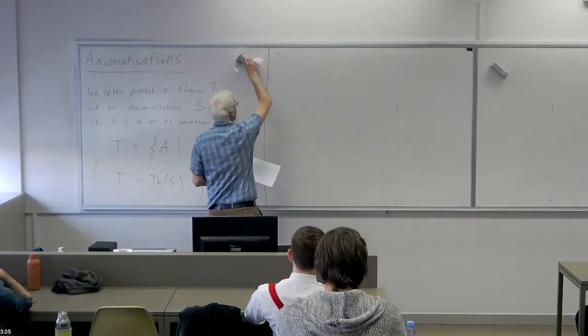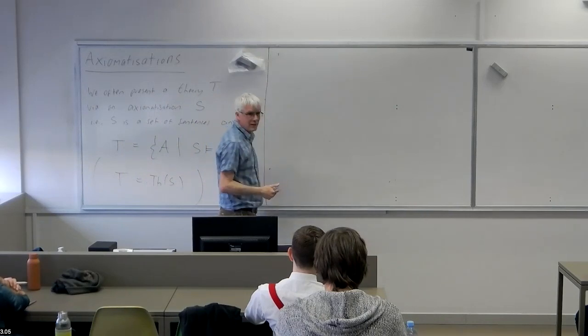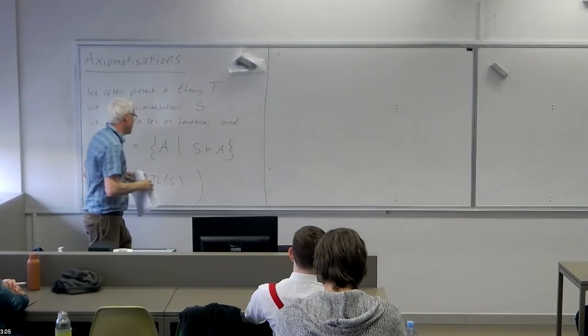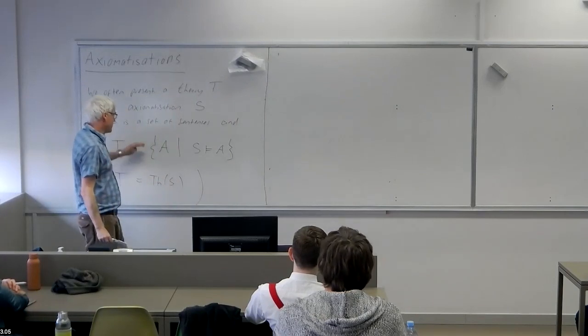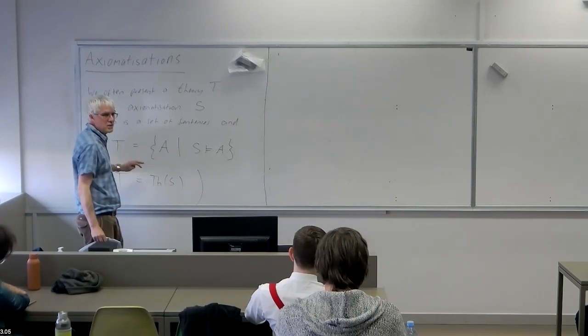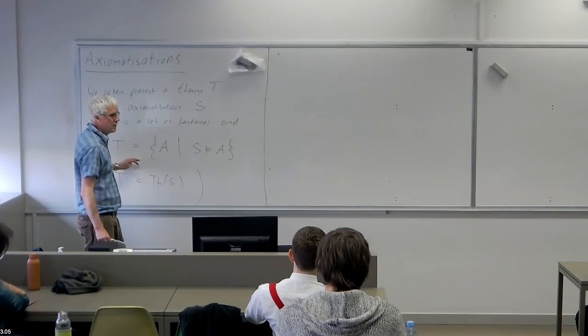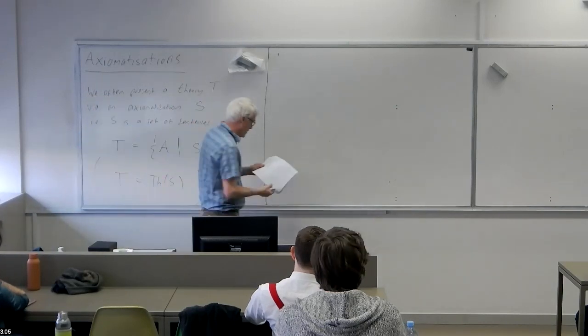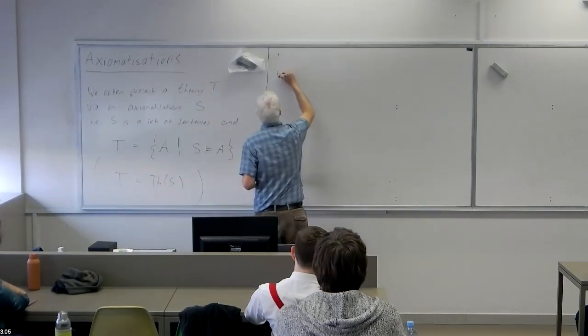So anyway, we motivated it. We're going to have a couple of definitions. Although I said I was going to use the decidability, semi-decidability terminology, in the case of axiomatizations, it's traditional to use the computable, enumerable terminology. So to stick with standard terminology, we say that